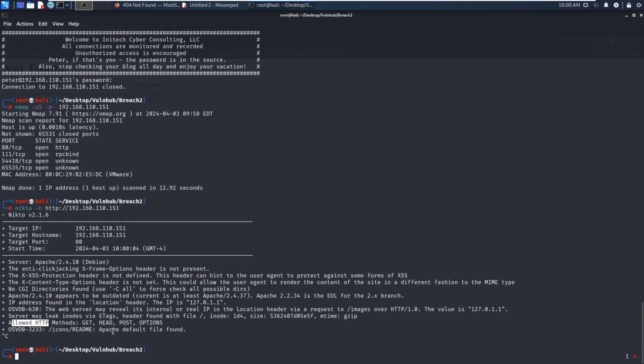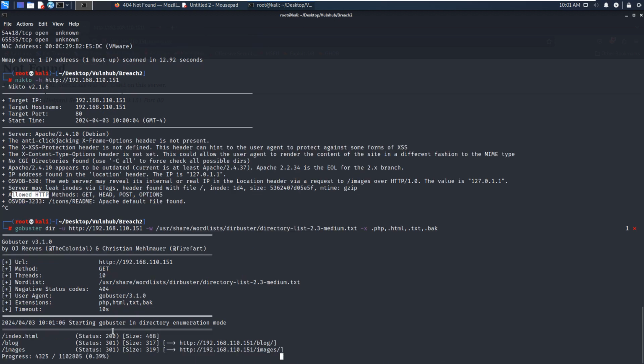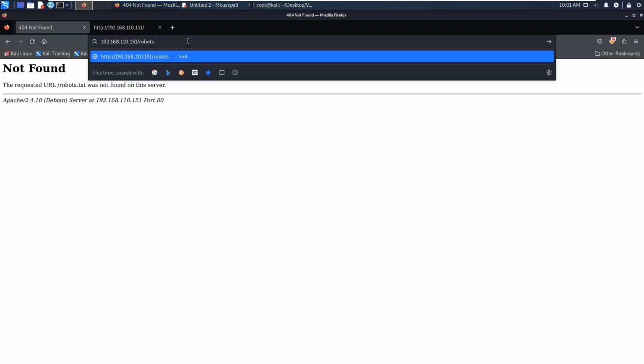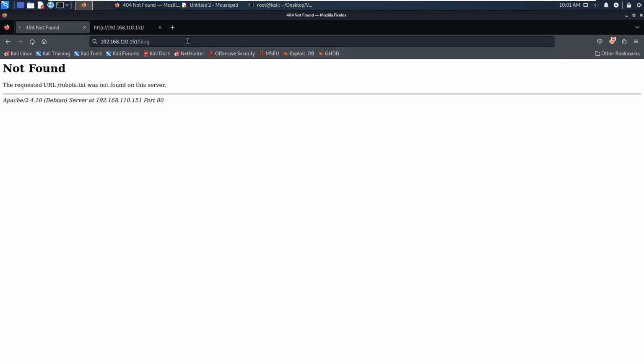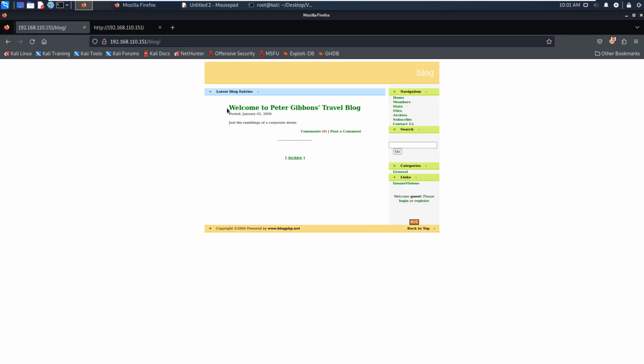So for now, we just quit from Nikto, and then we can do the direct enumeration with GoBuster. Okay, let's autocomplete this command. Yeah, we got the directory blog. We can access this directory. Yeah, we got the page back. Of course, I think this is very old, because from the year we can know that this is very old